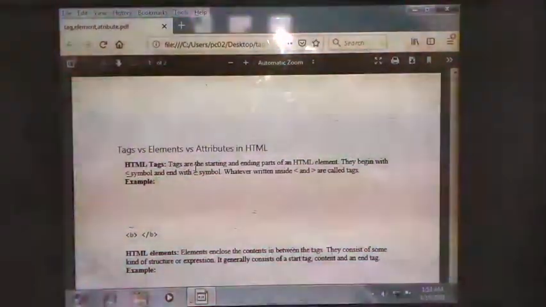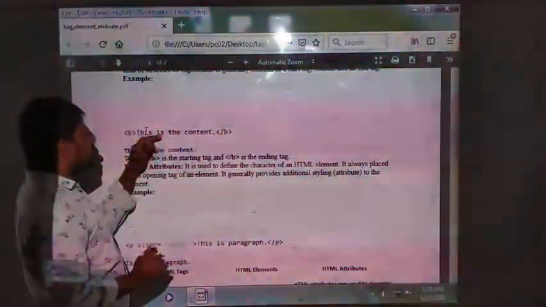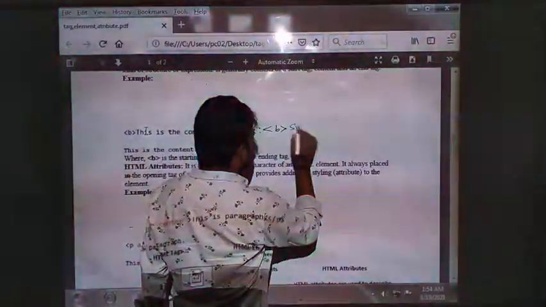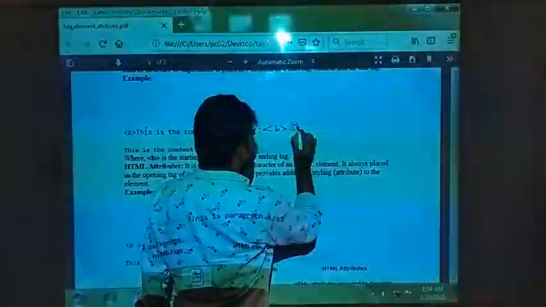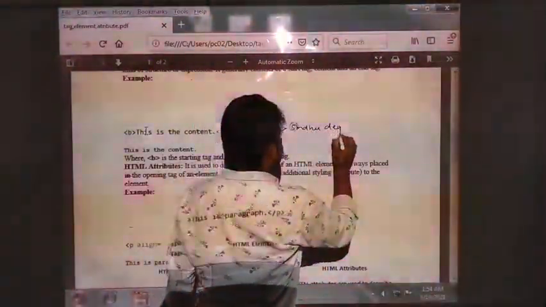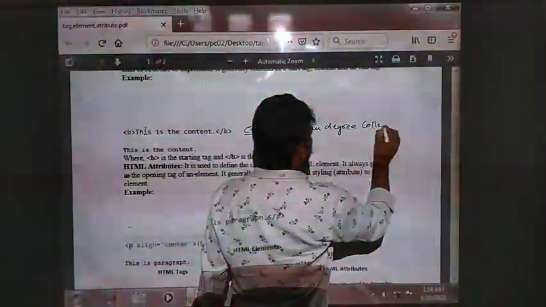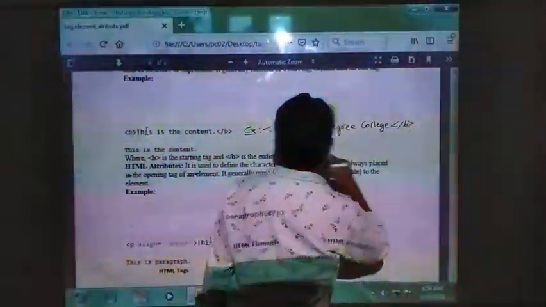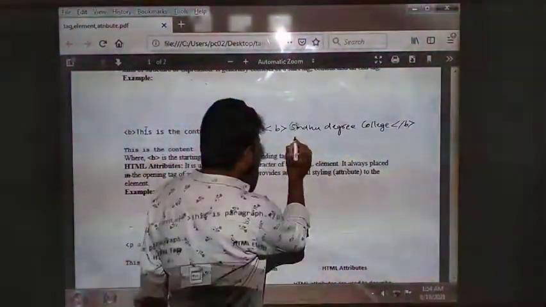Now, observe here. Whatever is here, this tag means bold. If you write, for example, when you are writing an HTML program, something like Sindhu degree college, and you are closing the tag, B means bold.